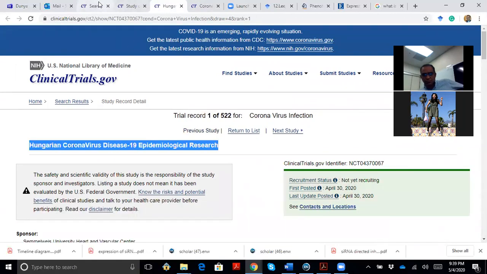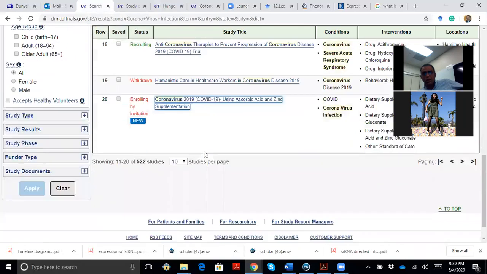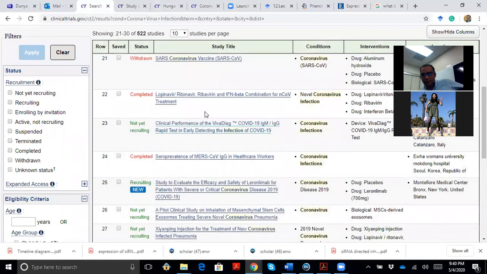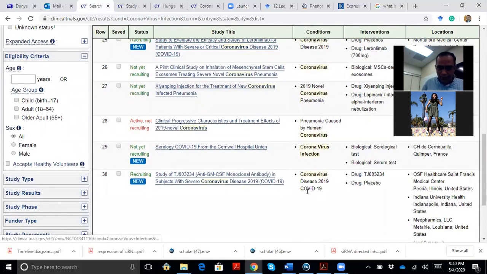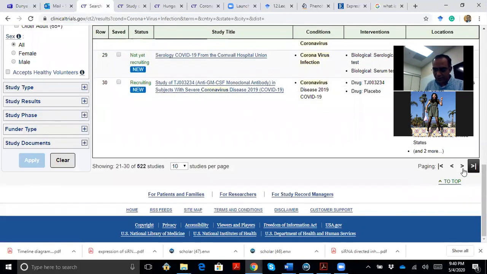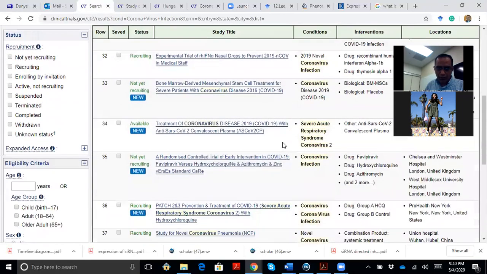Wait, I thought you wanted to focus on siRNA. Yes, I am saying, when you explore these 532, 22, we will have to figure out whether there is any siRNA-related clinical trial happening. If there is, then, because I didn't search it, I have to just skim through. You don't have to do anything else. Just first go and check these 522.